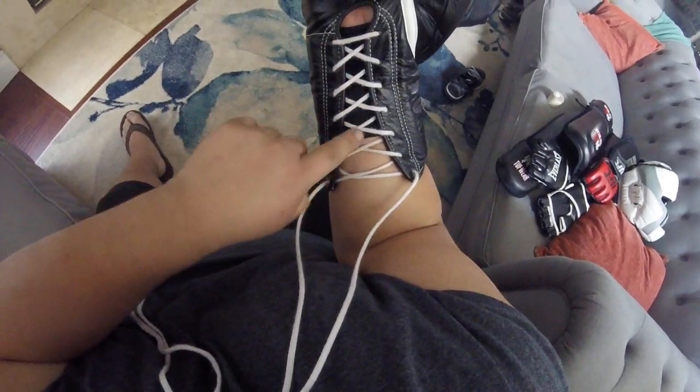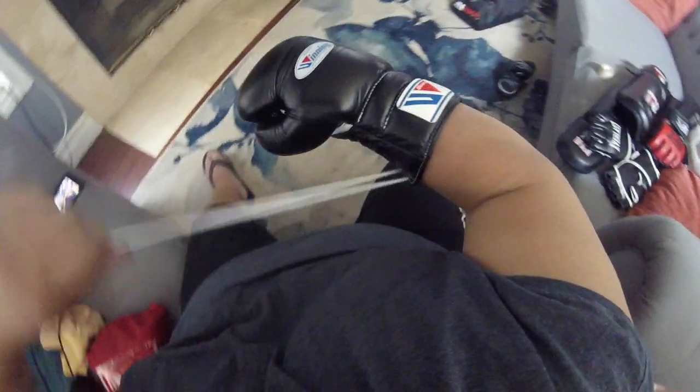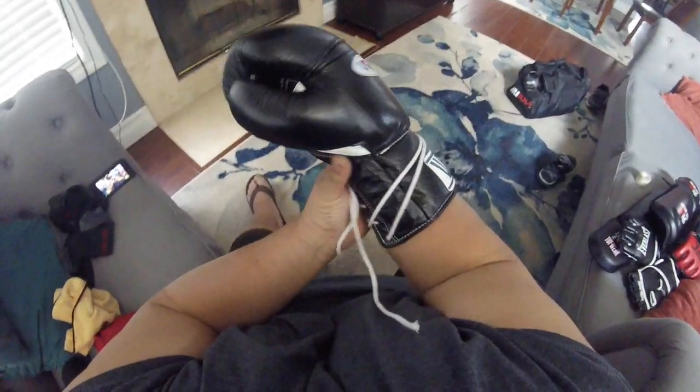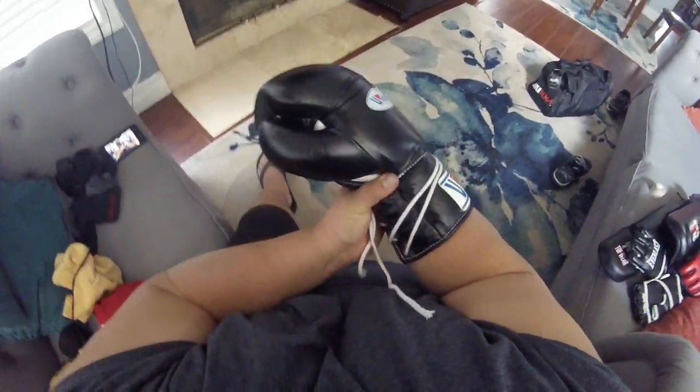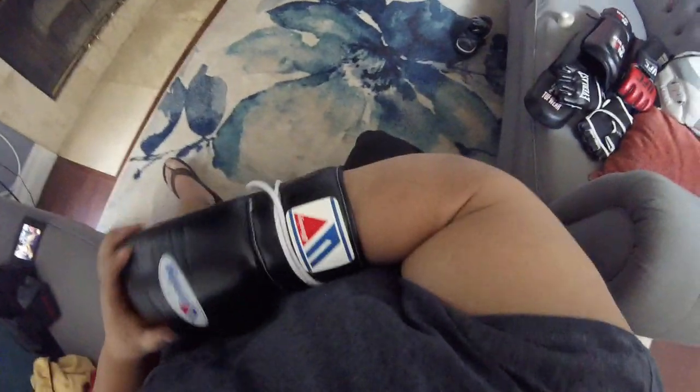The wrist is protected here, and because I use the lace and loop system, what I do is not go too tight here, but when I tighten them, I go around, I tighten it up here where this piece is. And the forearm, I kind of leave that loose because, as they say, there's a guy on